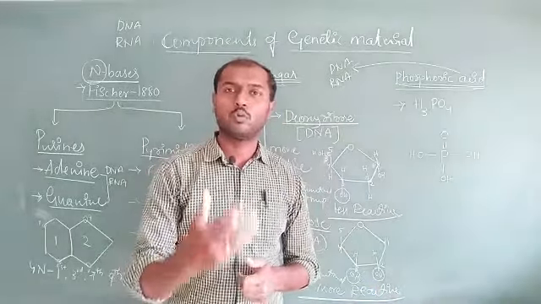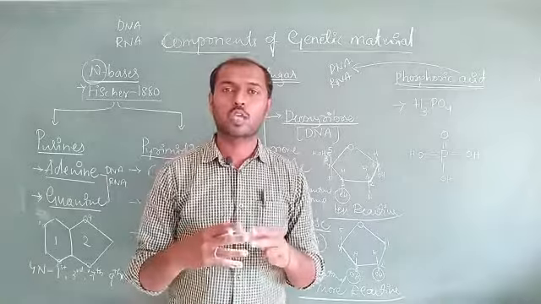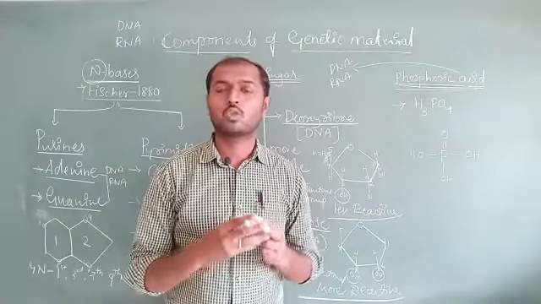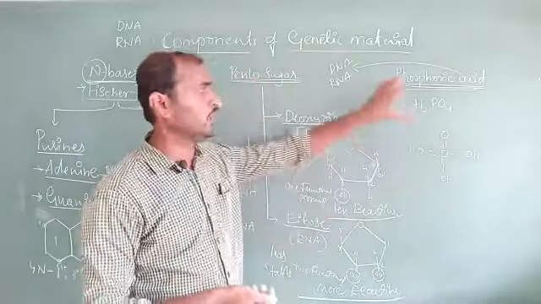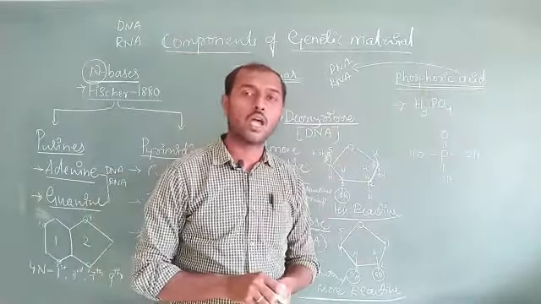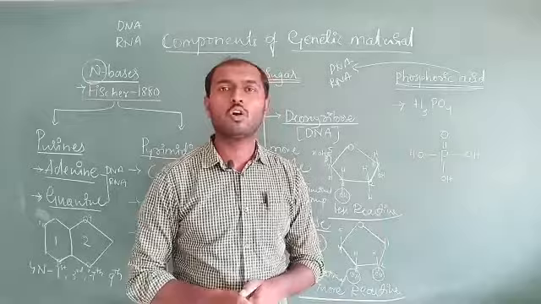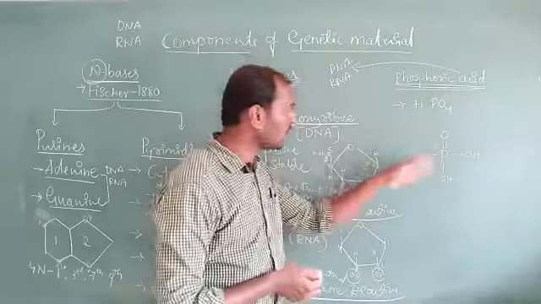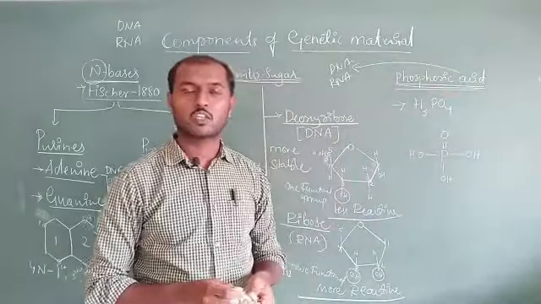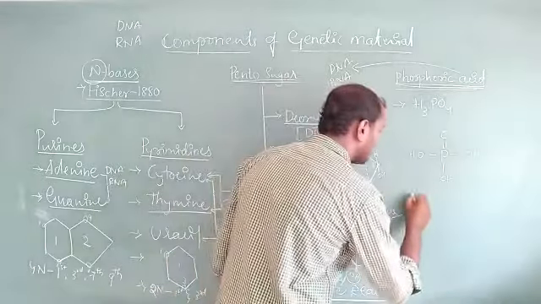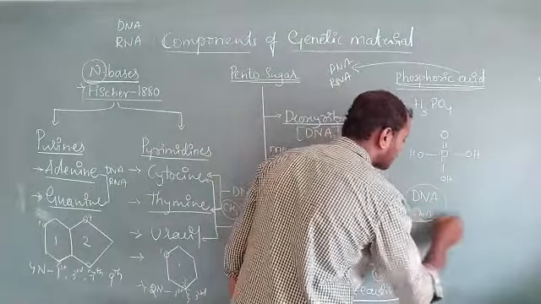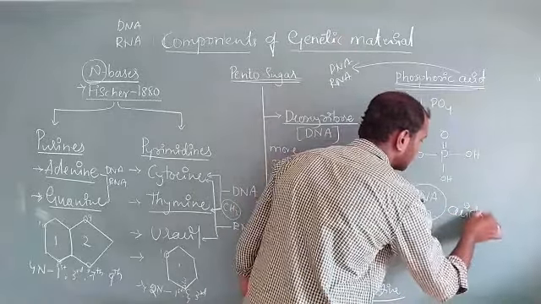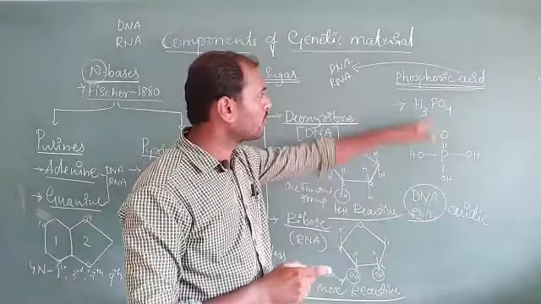If the monomers have to be held together to construct the DNA or RNA, we need phosphoric acid, which acts like a holding molecule or adhesive molecule. Because of it we get the acidic nature of DNA. So why are DNA and RNA acidic? Because of the phosphoric acid group, or phosphate group.